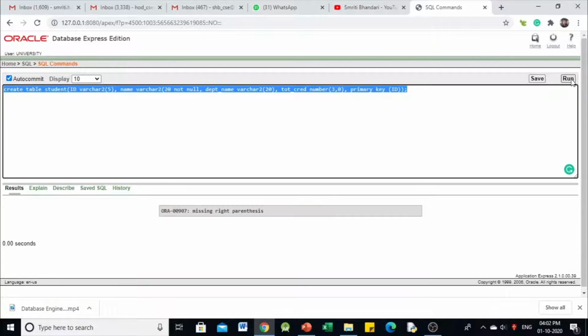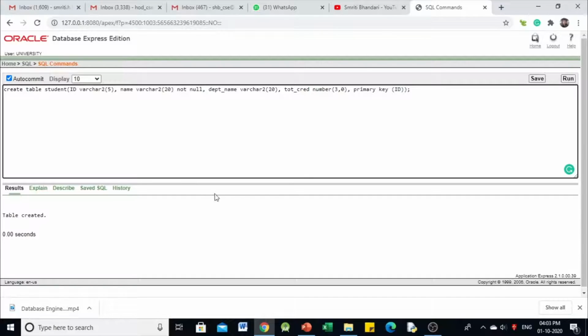If we run this statement, we get an error. So what happened? ID varchar2(5), name varchar2(20). Here we have missed the parenthesis, so that is why we are getting this error. Fine. So let's run this statement, and we have got the message table created.